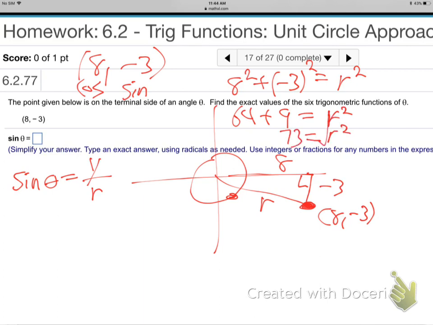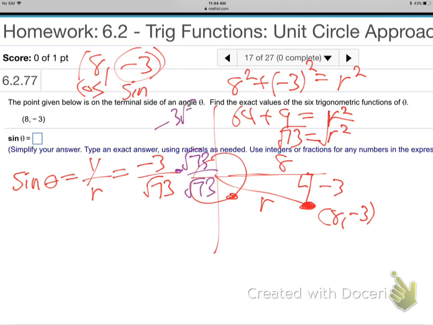73 is r squared. Root it. So r is the root of 73. So then the sine is not just the y-coordinate, it's the y-coordinate over the r, which we now know is square root of 73. And you can't leave a square root in the bottom, so multiply top and bottom by root 73, and you get minus 3 root